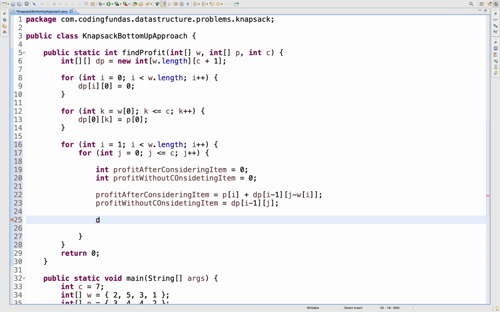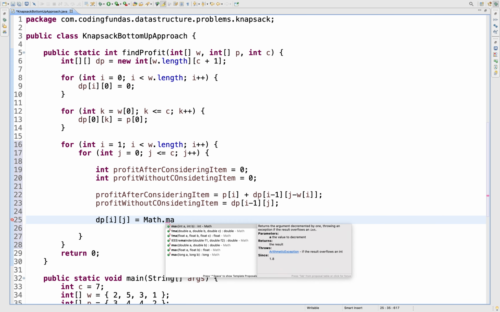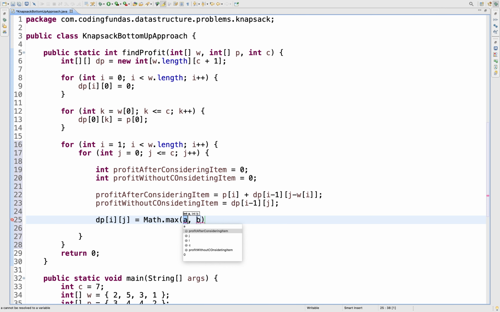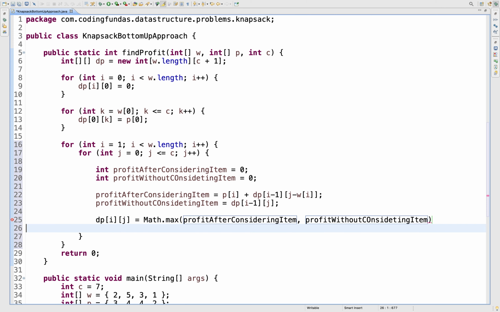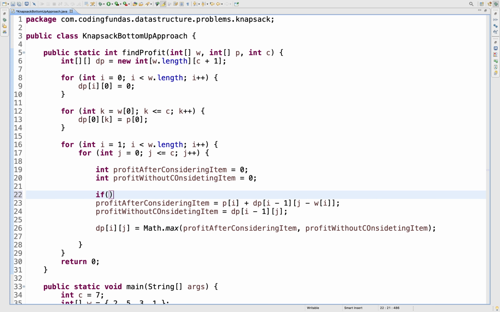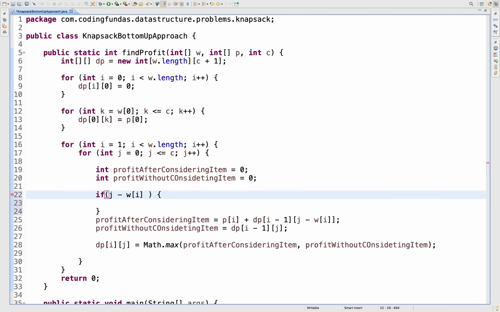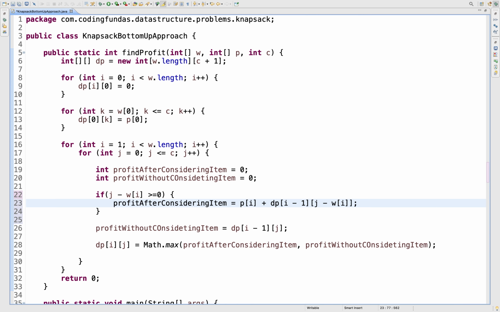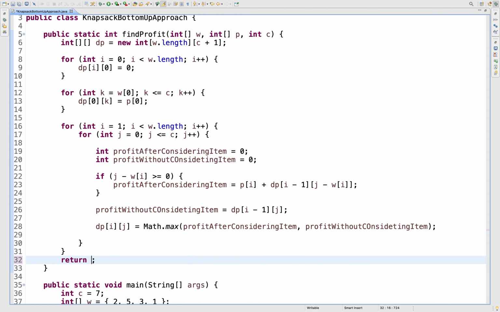And our dp of i, j would be the maximum of profit after considering the item and profit without considering the item, right? Now this should not be negative, so I can put a check here: if greater than or equal to 0, then only you update this, otherwise this will remain 0.